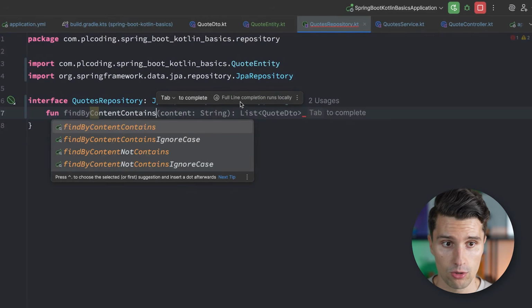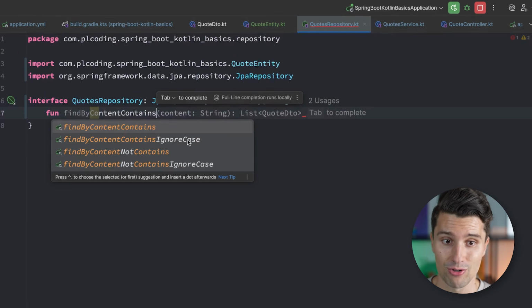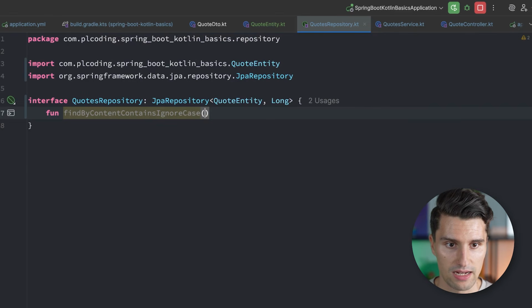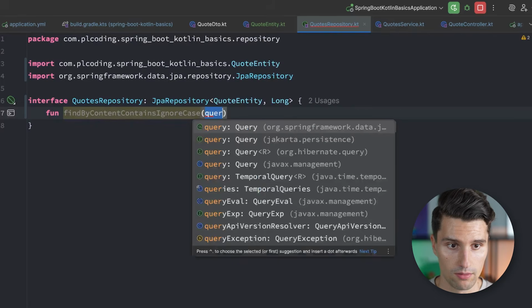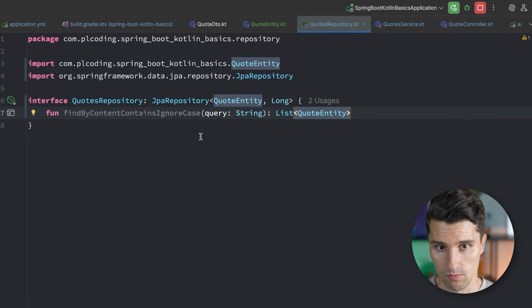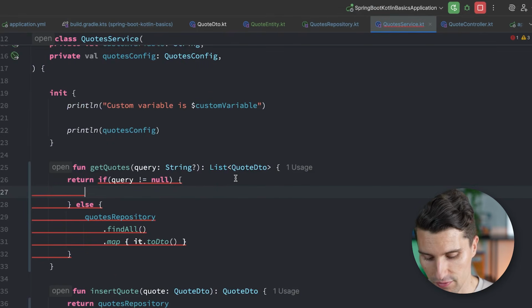So we want to find all quotes where the content parameter contains a certain string. And we could even say we want to ignore the case. So if we use that one and then pass in a query here, we expect back a list of quote entities, because multiple quotes could, of course, match that query. And we then go to our service, and we call this function